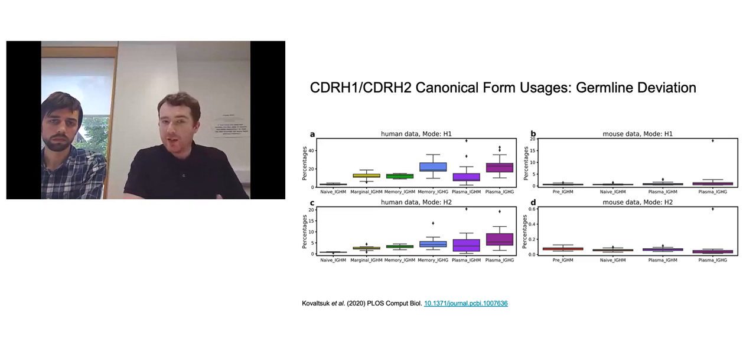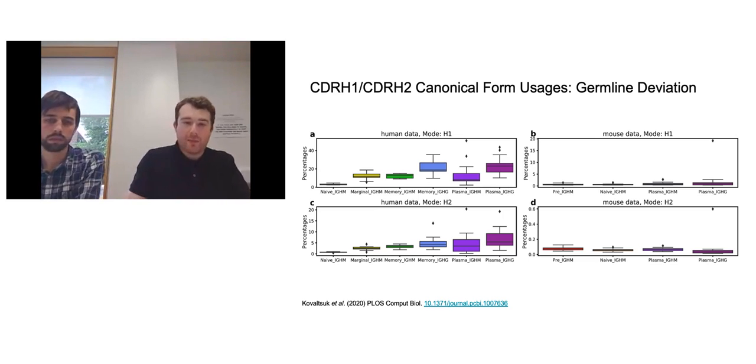It's something that I sadly don't have a nice figure to show you, but work that we've seen recently is that if you look at repertoires from humanized mice, one of the really cool results is that the canonical form usage in humanized mice repertoires, the patterns that they exhibit, are much closer to those that we see in human repertoires than what we see in mouse repertoires. This is a nice confirmation that the approach gets very close to the natural behavior of the human immune response, rather than still being dictated by what happens in mouse.